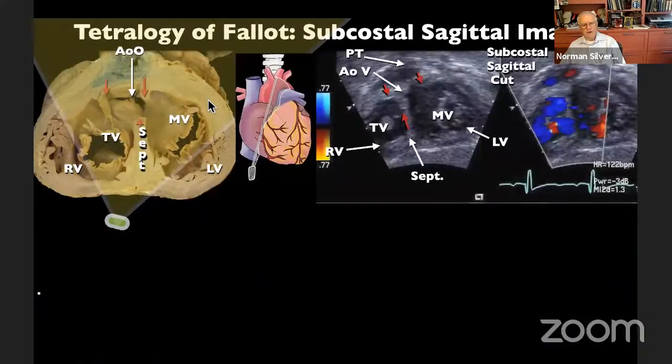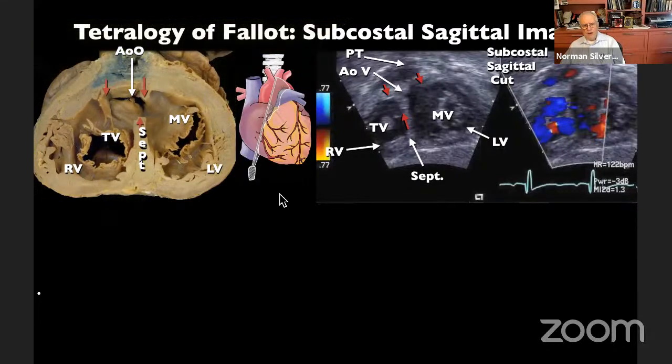Now we can also cut the apex of the heart off and look from below upwards, and we see mitral and tricuspid valves, the ventricular septum, the arrows highlighting the position of the aortic root with its fibrous continuity. And this almost is a double outlet. There's about 70% override, but this is really tetralogy of Fallot because of its phenotypic features, although double outlet and tetralogy may exist in the same specimen.